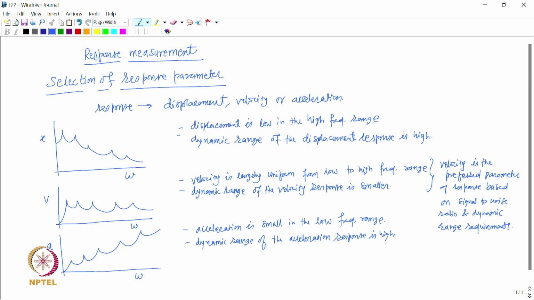So, based on these conditions the velocity appears to be a preferred parameter, in fact is the preferred parameter